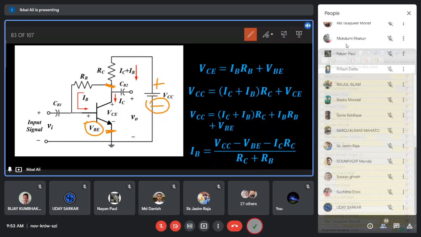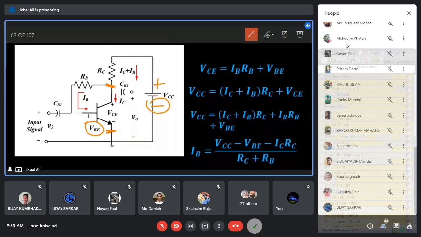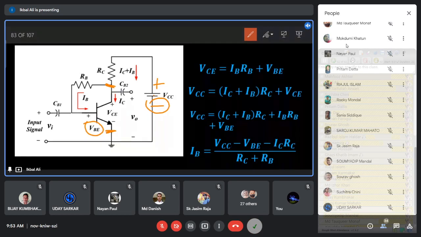But in the case of the base collector junction, you have to choose specific values of the resistances. That is called designing. You have to design the circuit and then calculate the resistance values RB and RC such that a specific base collector reverse bias voltage is applied, which will place the transistor Q point in the middle of the active region. Not only will it make the transistor active, meaning the base emitter junction is forward biased and the base collector junction is reverse biased, but it will also put the Q point in the middle of the active region.